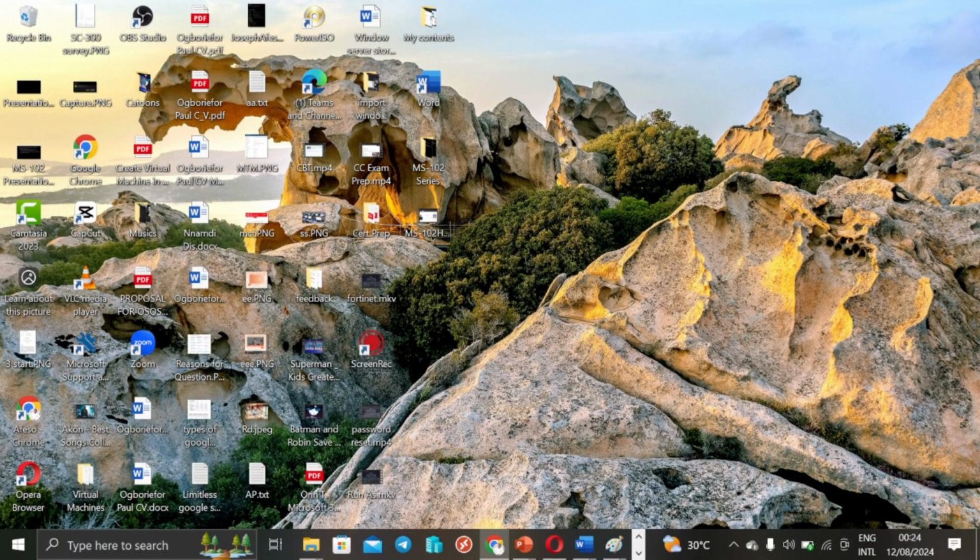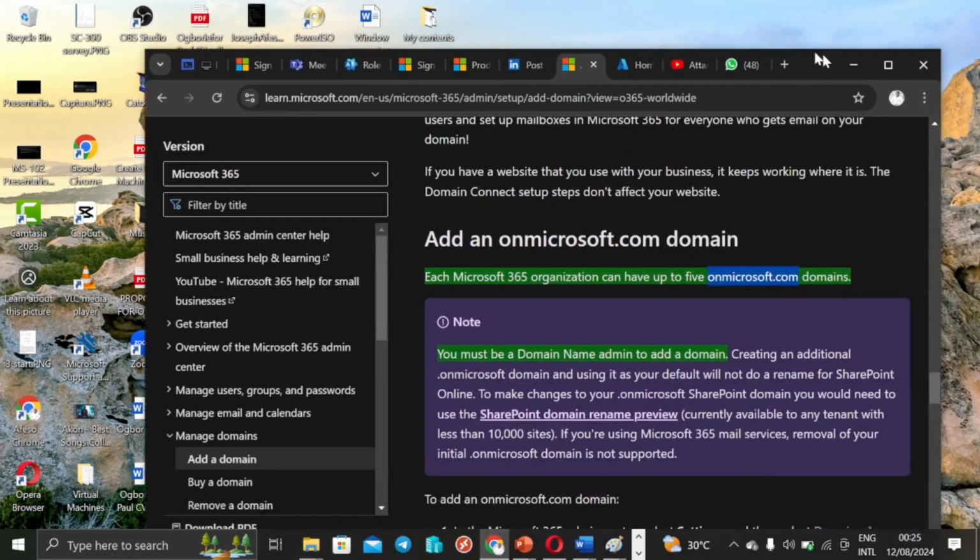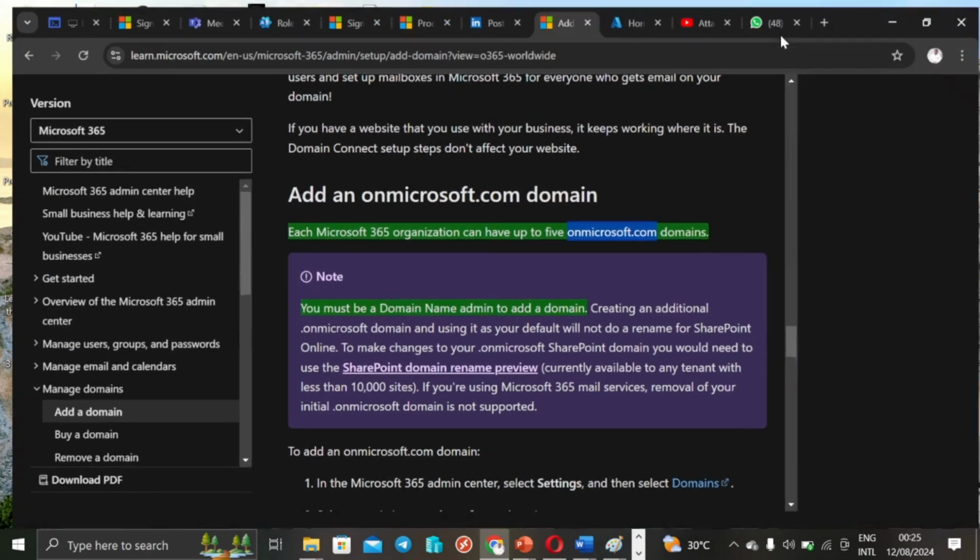I am very happy to be on the screen to display to you something based on least privilege access. The question is, which administrator or which admin role can add a domain to an M365 tenant? That's what we're going to be looking at today. So looking at this Microsoft doc that I have here,